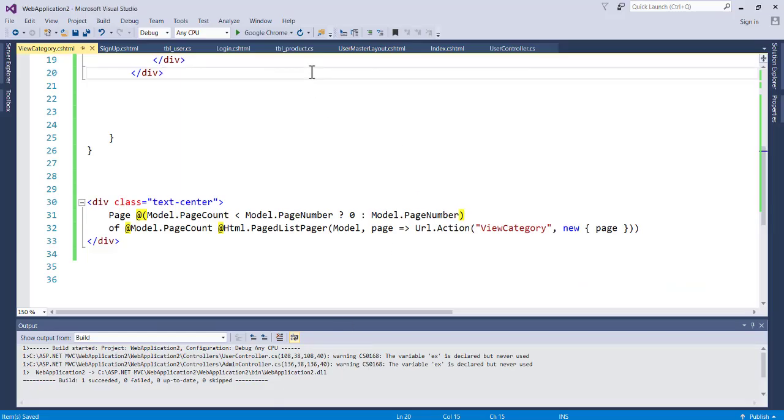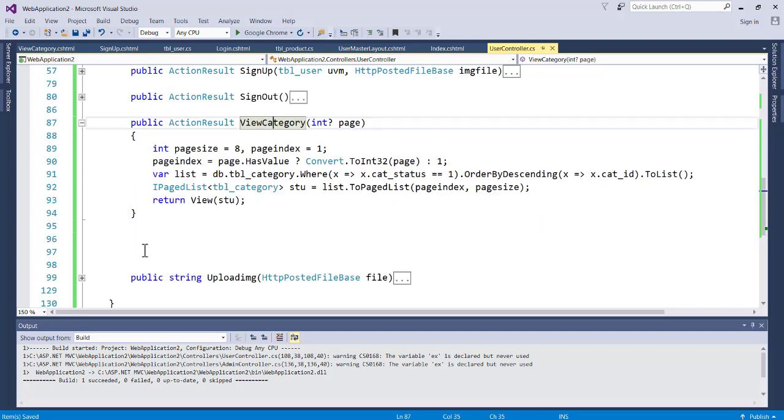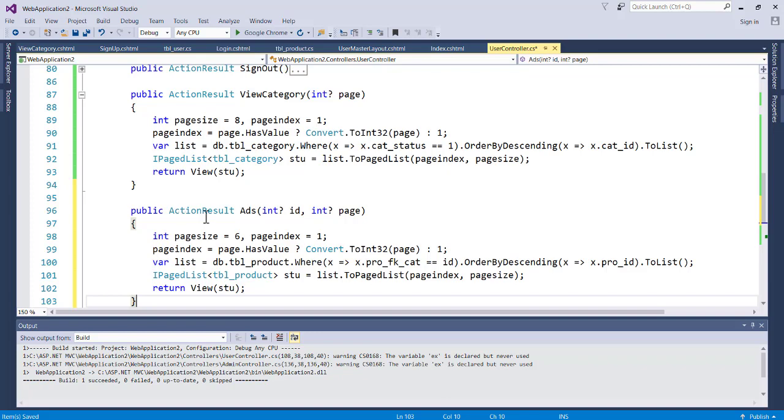Let's go to our page now in our controller, the user controller. When you click on the art, this is what you're going to do. So let's paste this here. Now if I click on art, I want to get the ID and the page number. I'm going to get the page number from here and the ID also from this side, because the